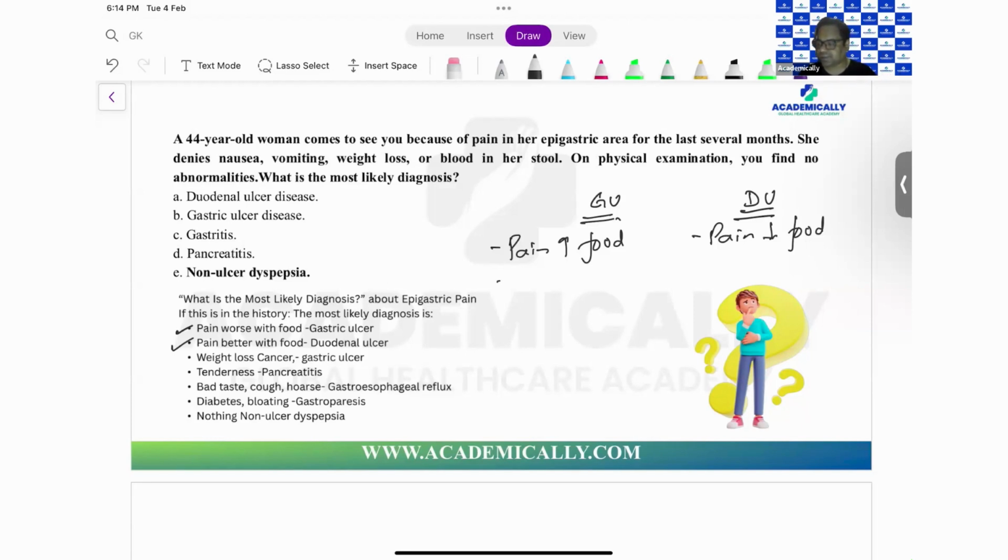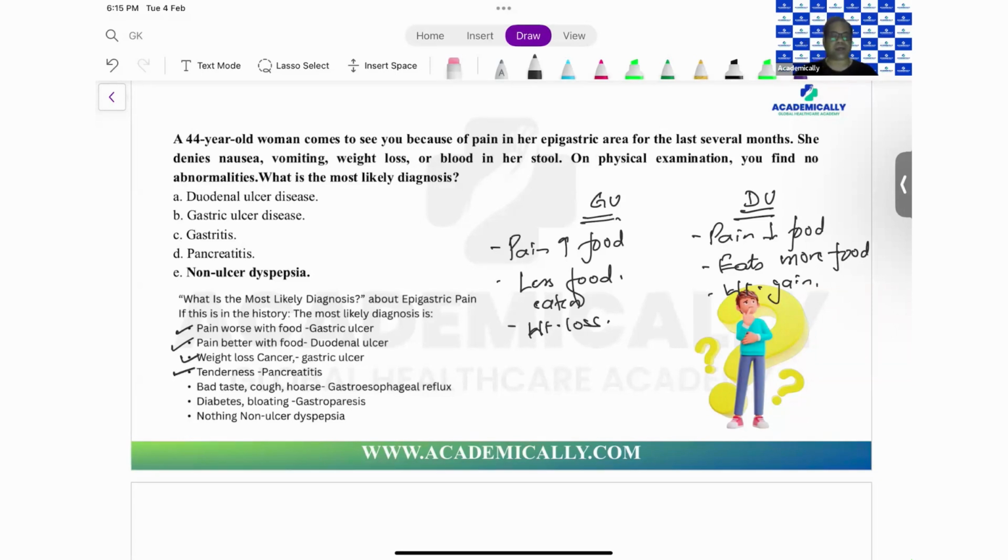So you will see that a person with gastric ulcer will eat less food, whereas the person with duodenal ulcer will eat more food. Why will the person eat more food? Because that food neutralizes the acid and there is no pain. So there is weight gain in a person with duodenal ulcer, whereas there is weight loss in a person with gastric ulcer. So that is one thing. Okay. Significant weight loss you will see even with cancer.